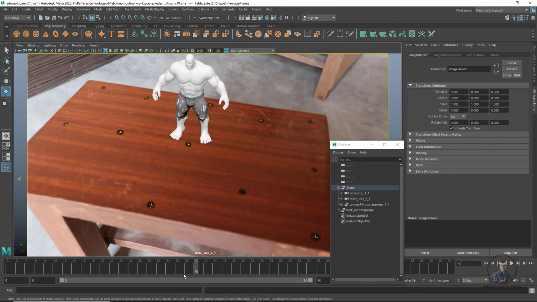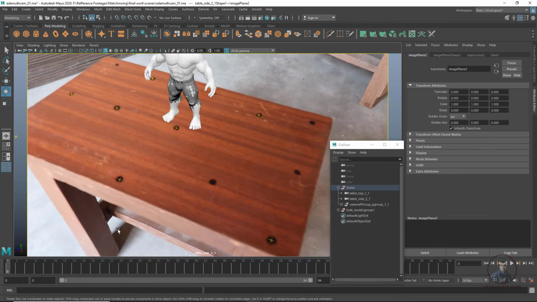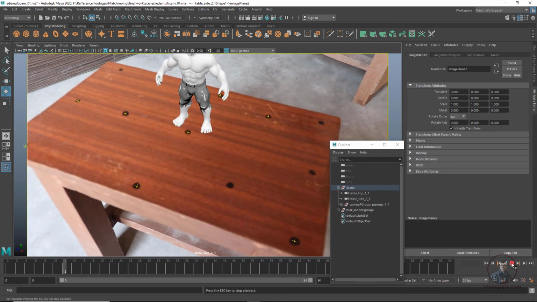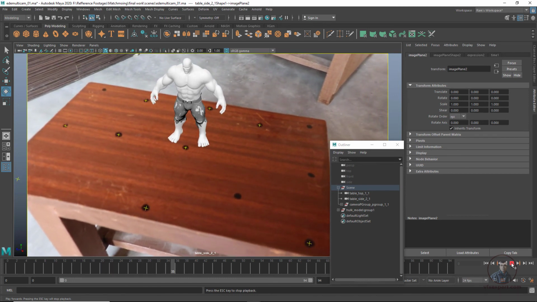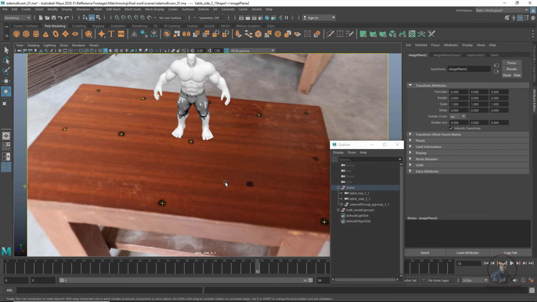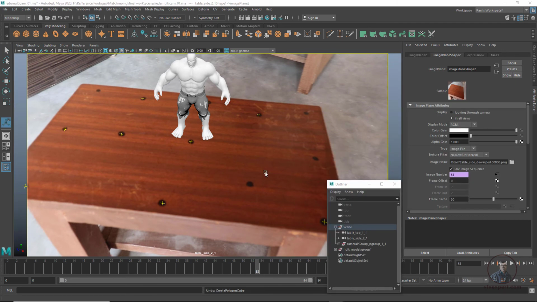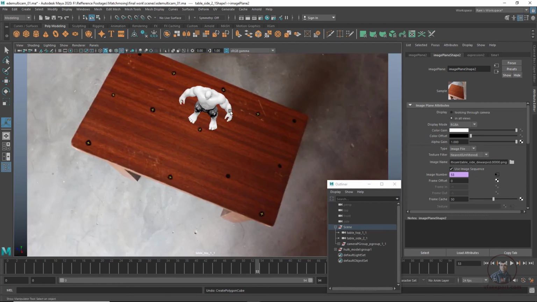Now play it a little bit and check here. I think this is looking good. Now save our project, Control S. Now check our second camera, or the top one: click on Panel, then simply select the table top one here. Now you can see, I think on both cameras this is looking good.